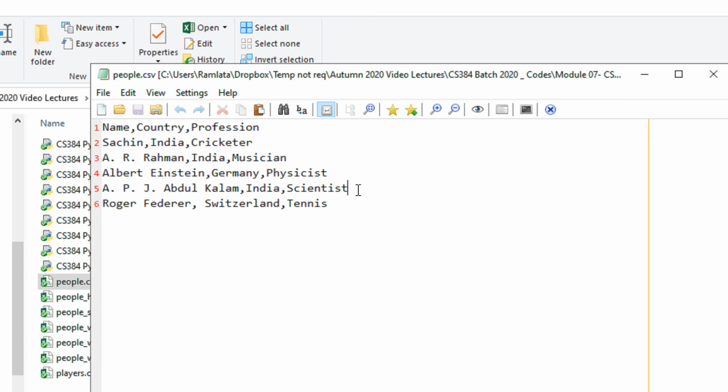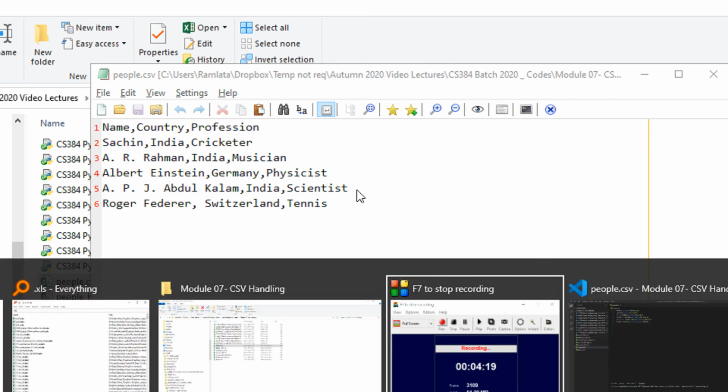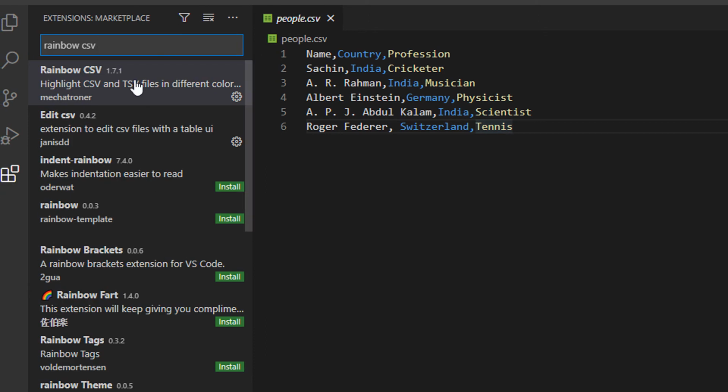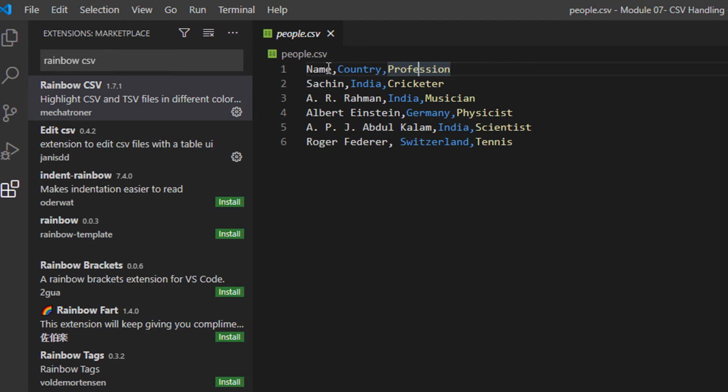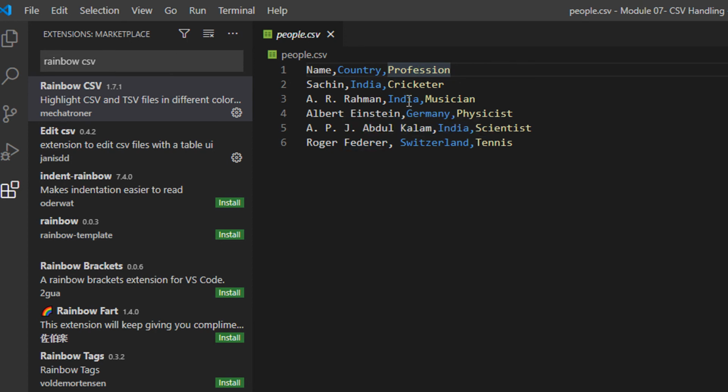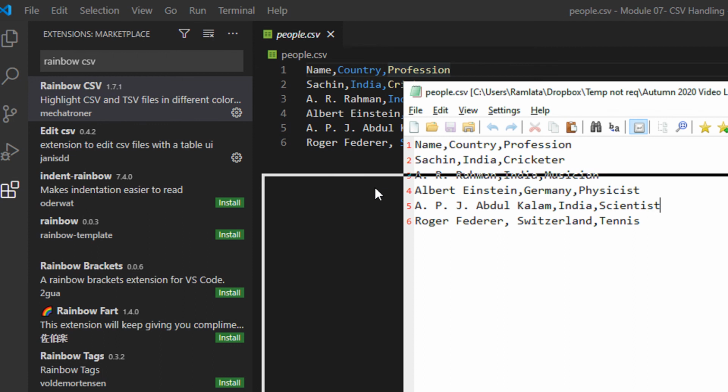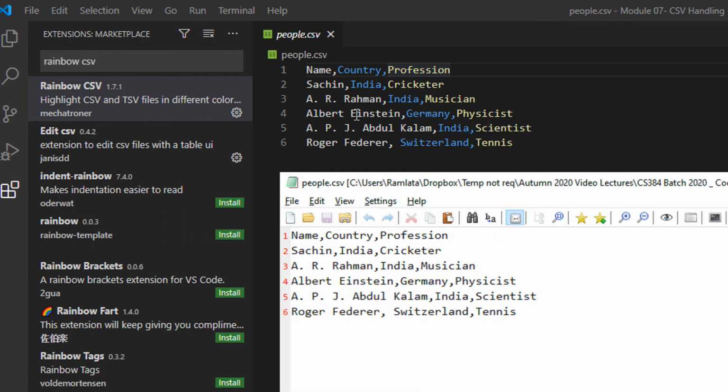So that's it for this lecture, just a brief introduction, and I hope you install Rainbow CSV also. If you see the Rainbow CSV, it automatically colors. The white colors are my column 1, the blue colors are my column 2, and the yellow color is my column 3, because the fields are of different lengths. Compared to a simple black and white file, this is easier to read, and this is because of Rainbow CSV. For any CSV file, it gives alternate colors that help better readability.